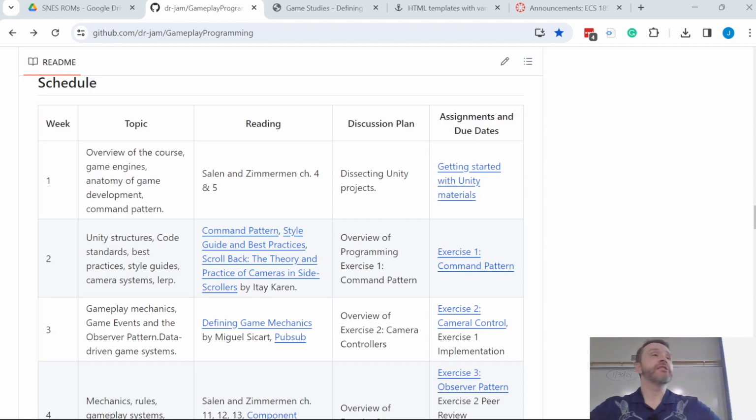Today we are going to be answering some questions about exercise 2 and about peer review. Then we're going to go over an exercise on LERP. There were enough questions about linear interpolation and how it works in Unity that I'm bringing out a little project to show it off. Then we're going to discuss some changes to the